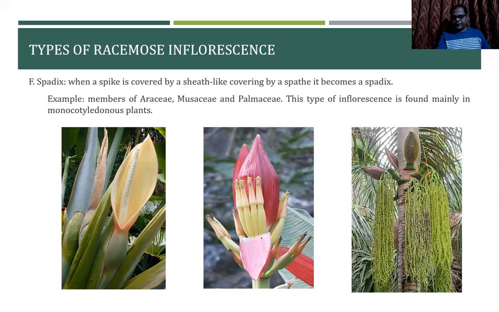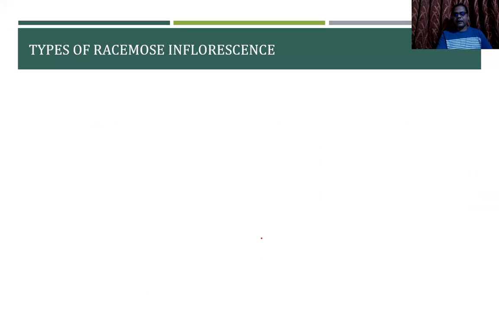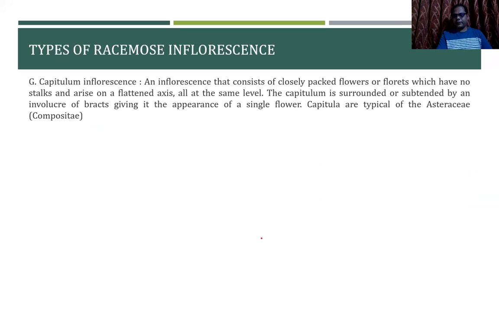Now, as I said earlier, if you understand how things are moving, it will be easy for you to understand. So, the spadic inflorescence originates from the spike inflorescence when there is a formation of a spathe. The next kind of inflorescence is the capitulum, where the nodes get converted into a head-like structure. The capitulum, or capitula, is basically what we call the head. Now on the head itself, the flowers are present.